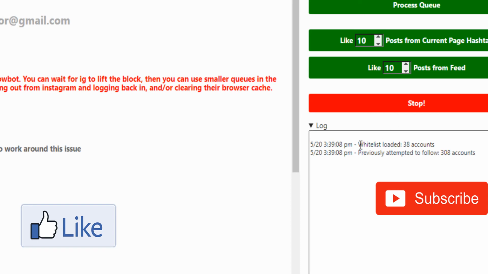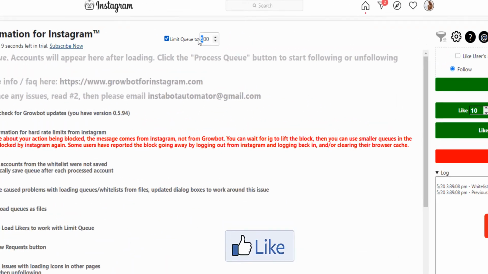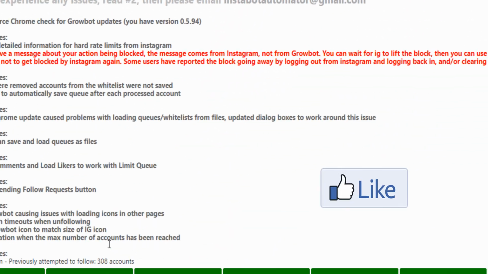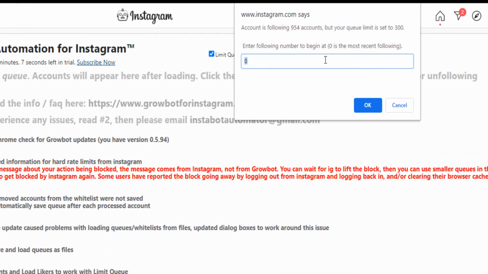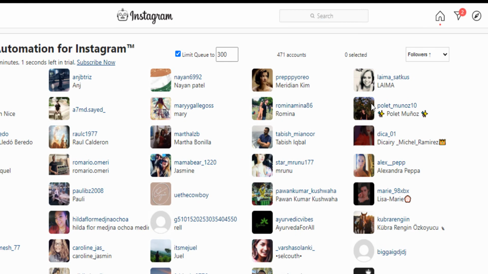Since it already has the list of people, you see now if I refresh the tool and click on stop, the number of whitelist accounts loaded is 38. It means do not unfollow these people for any reason. So if I load again the 300 people to unfollow, and I say I want you to unfollow 300 people,